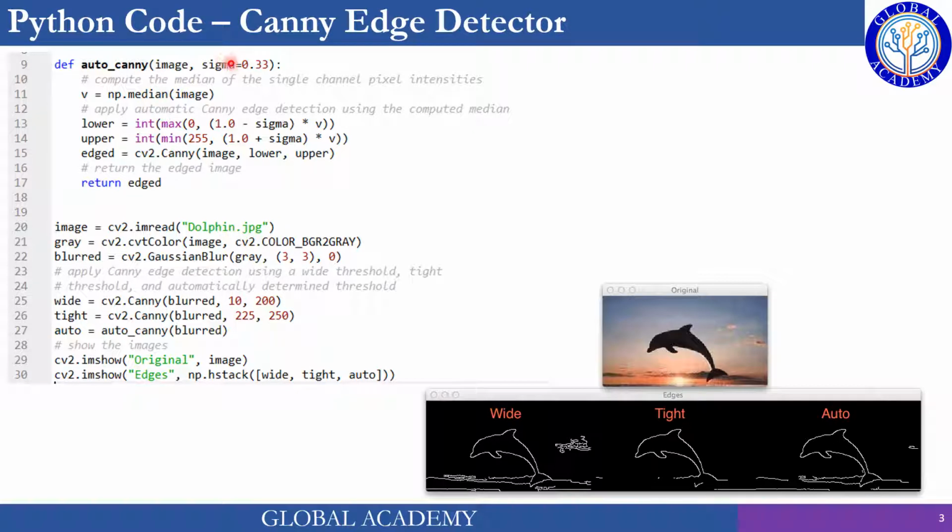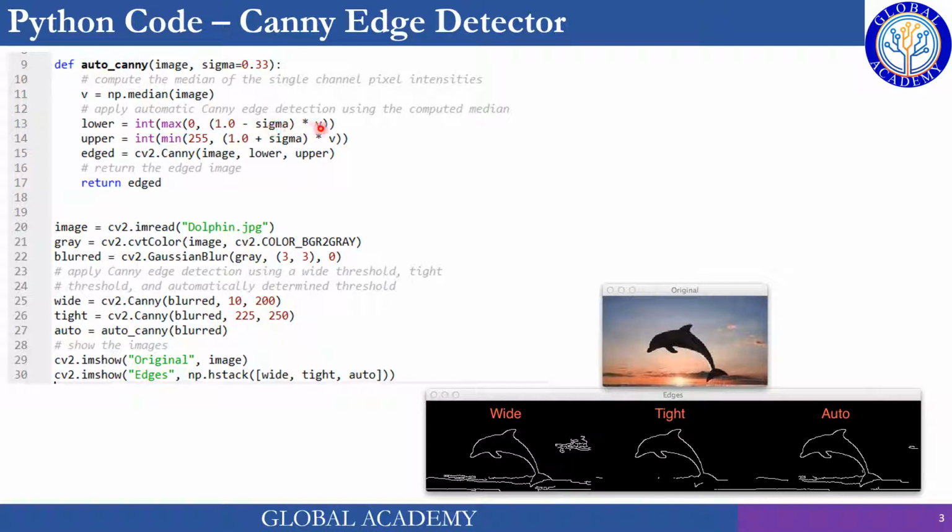We passed an image and some sigma value, which is like variance. So first compute the median of the image and save it to v. It would be a single integer, which is the median value of the image. Then, if sigma is 0.33, then 1 minus sigma would be 0.67.